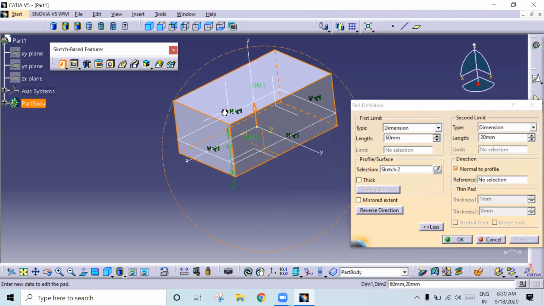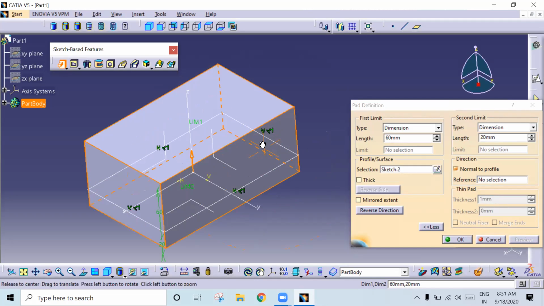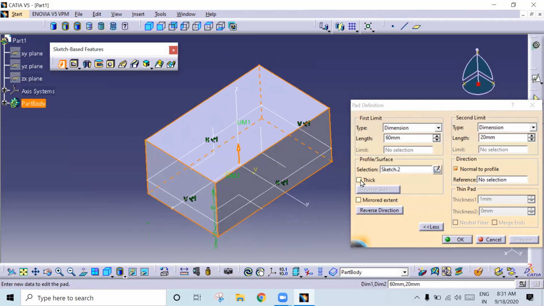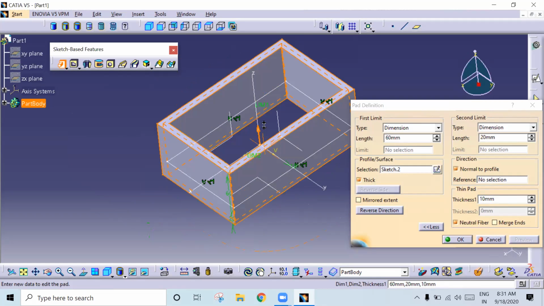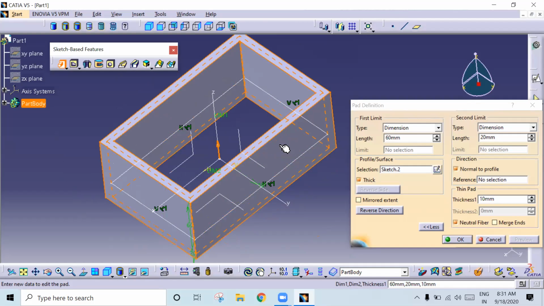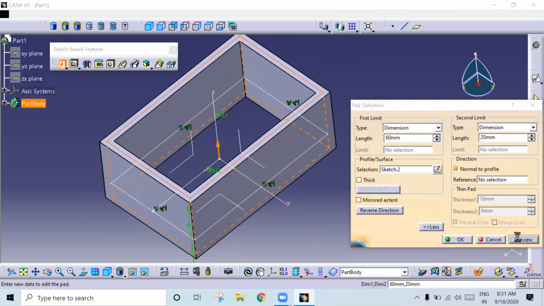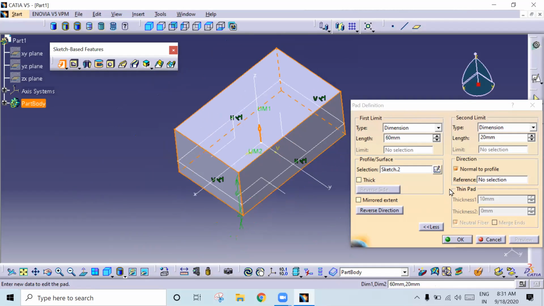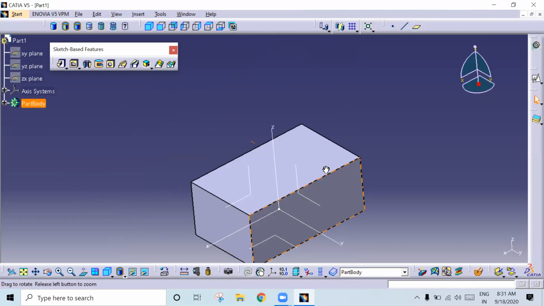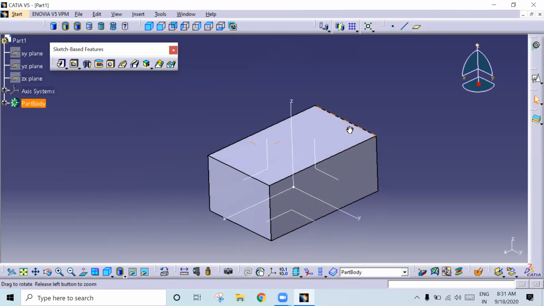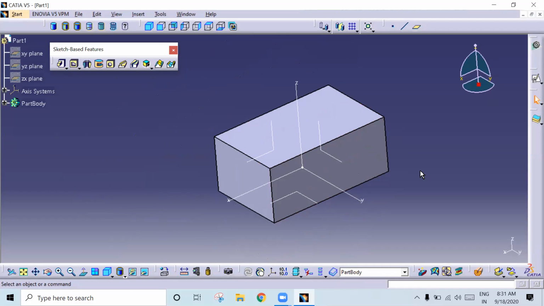Okay. So next, if you want to create halo, see here, we have thick option here. Check on this thick. See, switch on this neutral fiber and you can give 10. See here, you will get the halo. See, like this you will get. All of you got it? If you don't want halo, you just switch off this thick and check the preview. So if you finalize it, just give OK. So like this you can create. Any doubts? No, sir. Okay.